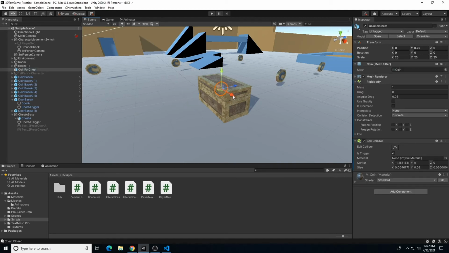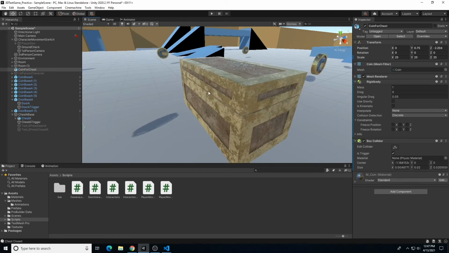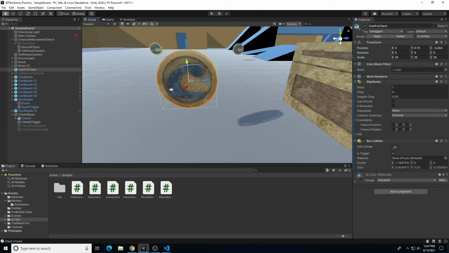I moved it over out of the way for a second, but if I undo, this needs to be back in the center of the grid, so I just need to put 0 for Z in a minute. So I'm going to use this box collider as a rigid body object, so that as the chest opens, it'll fling this coin up in the air and it'll fall down and hit whatever surfaces it collides with. So with my coin for chest object, I'm going to turn is trigger off because I want it to collide with this object. But then I also need another box collider,